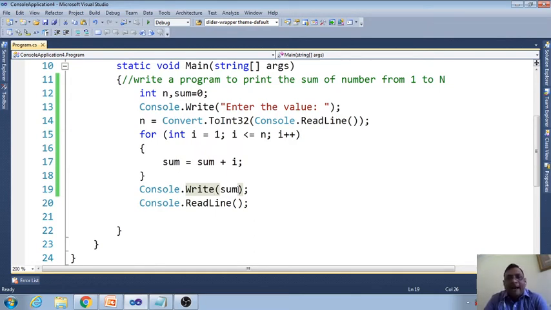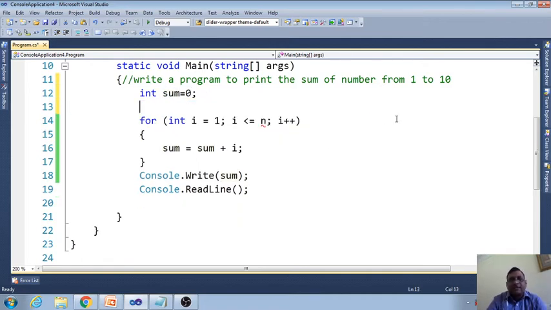Okay, and now I change the question. I do not want to find the sum of 1 to n, I want to find the sum from 1 to 10. The final value is given, so in this case there is no need to declare the variable n and no need to take the data; it will be 10.